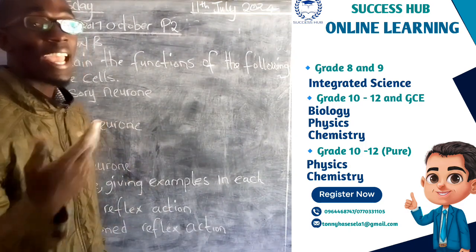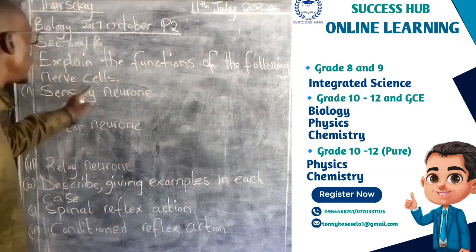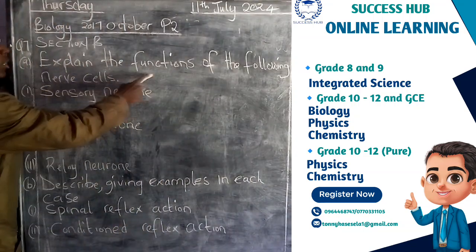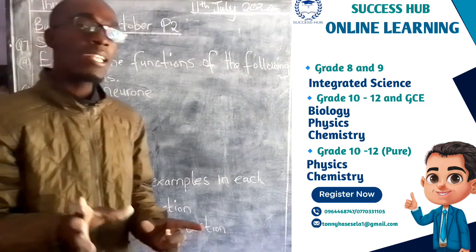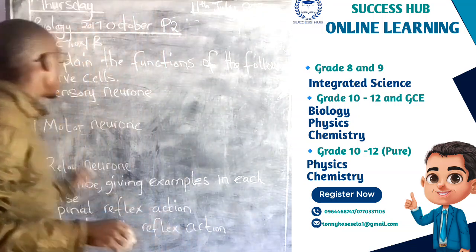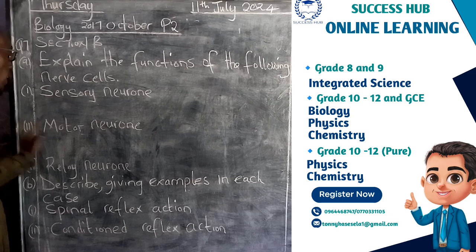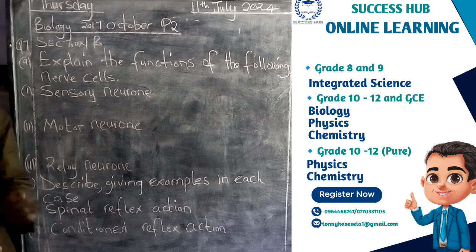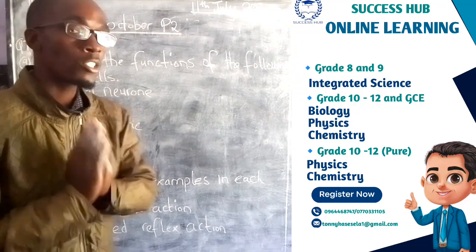Question 7A. Explain the functions of the following nerve cells. Now, under the nervous system, we have 3 nerve cells. Number 1, the sensory neuron. Number 2, motor neuron. Number 3, relay neuron. So they want us to explain their functions. So let's start with number 1,